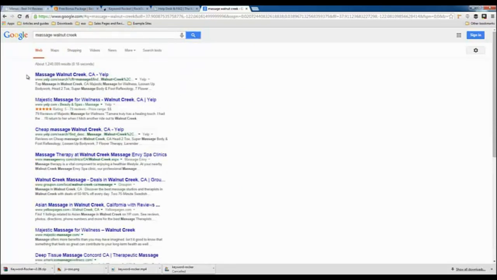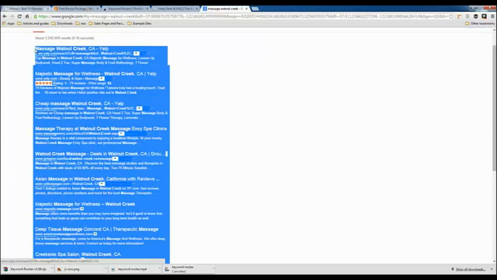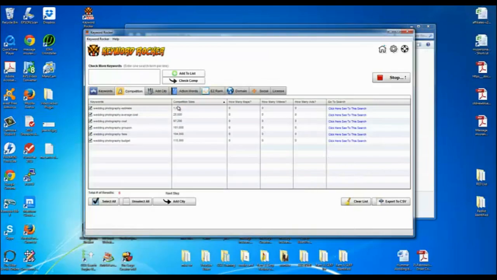But basically what I'm getting at is when you have maps in your listings, that's going to take up a large portion of your search results. So if you're ranking number 1, yeah, you're number 1, but you're actually below that big group of maps. So that's why you want to avoid the keywords that include map results, because that's going to take up a lot of the page 1 space. With videos, it's good to know because the general rule of thumb is that only one YouTube video can rank per page of a major keyword.